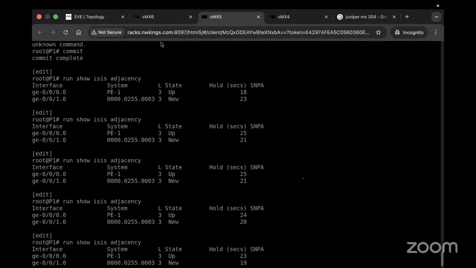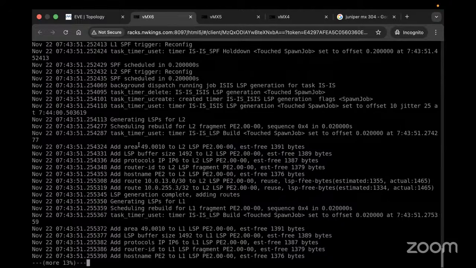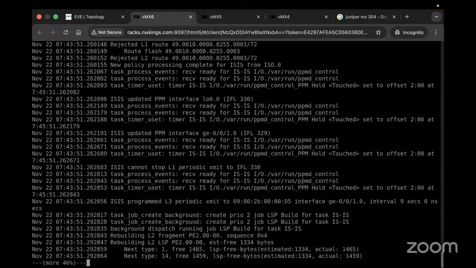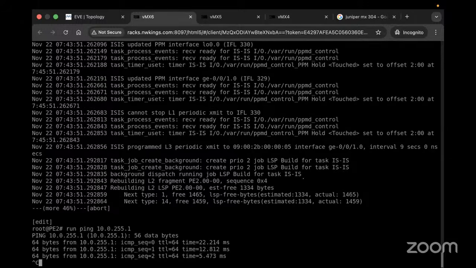So like this, you have to check in trace options. You will see the LSP area it is getting to the L2 LSP. LSP generation is adding out. Okay, but here it is getting task job deleted because ISO is not there. So 3 is not able to reach the P router. Okay. Now if I am able to do the ping, ten dot zero dot 255.1. Okay, ping is working. If you do a rapid count,